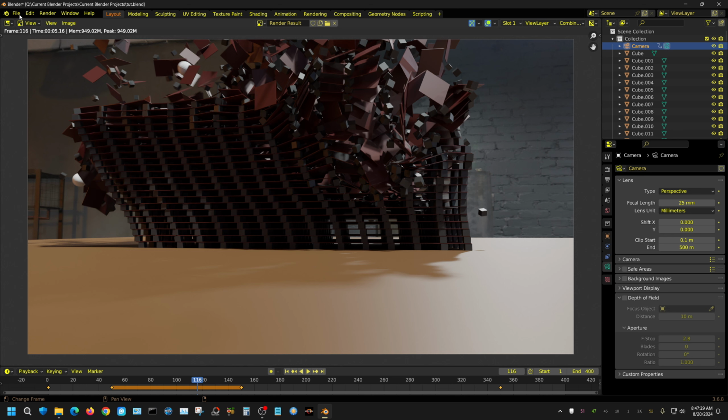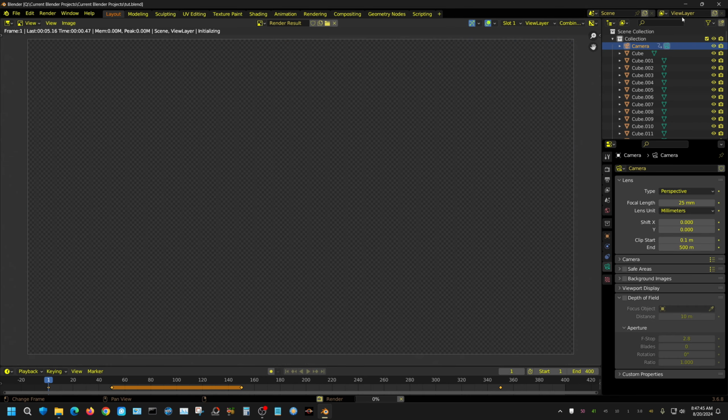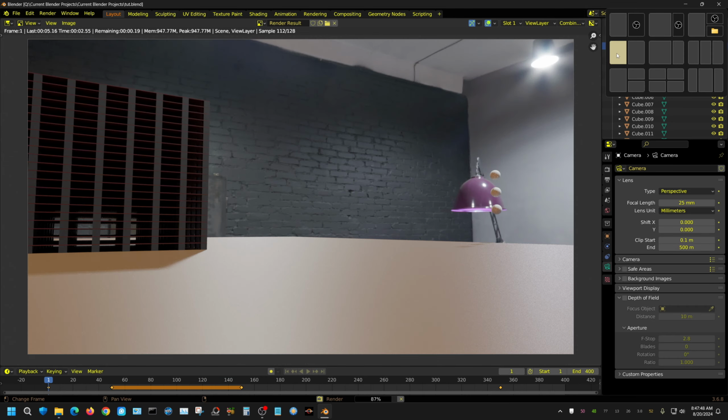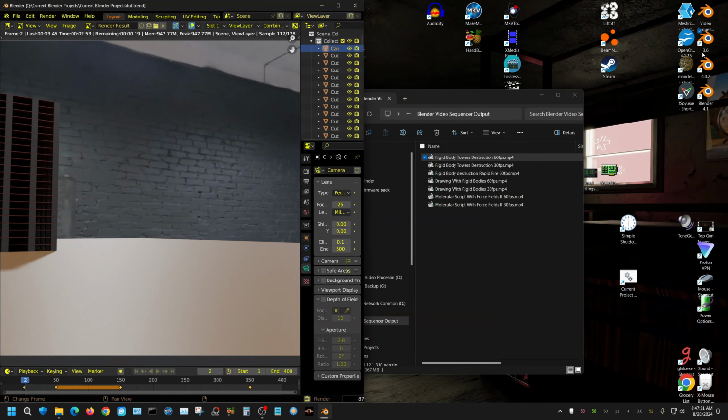Alright, that'll work. Now we are good to go, but at this point, before you ever start rendering, make sure you save your project. Alright, now I'm going to click Render Animation, and I'm going to use this Windows feature, which is sometimes annoying, and move us over to the left. I'm going to open up Blender again, and when it finally decides to open,